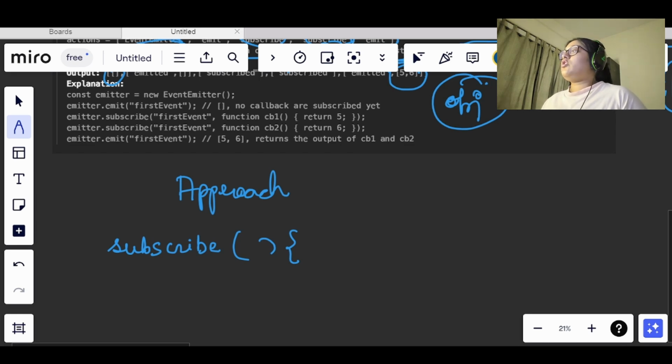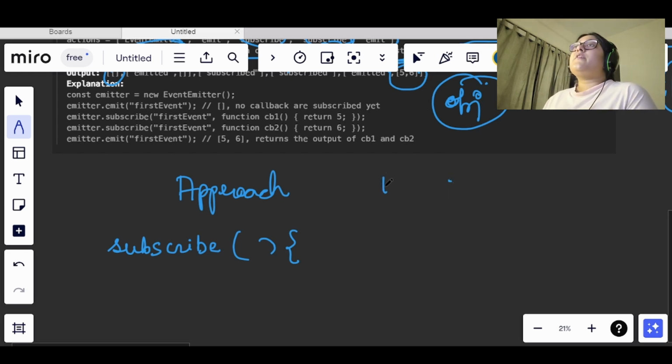First, we were told that when we call the subscribe function, the event is getting added, and whatever the callback function returns will be stored in the result also, right?